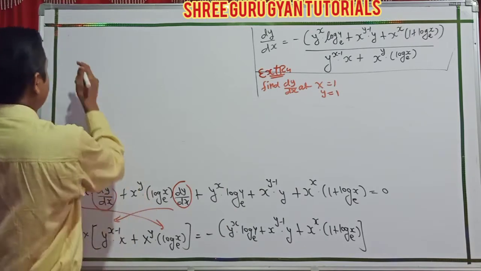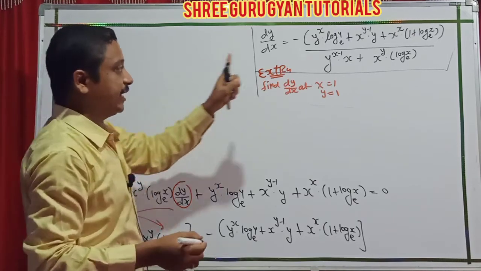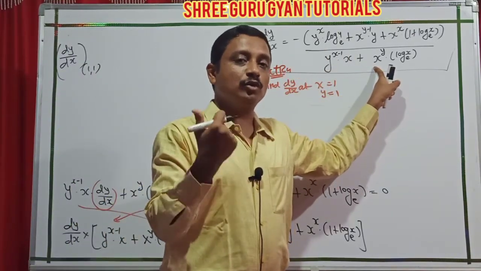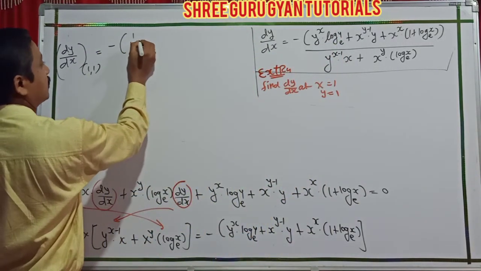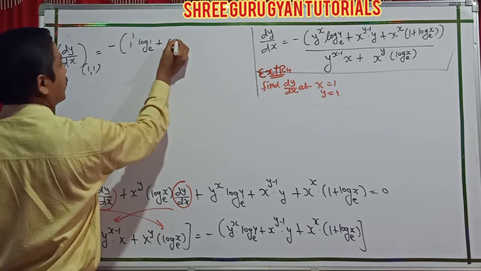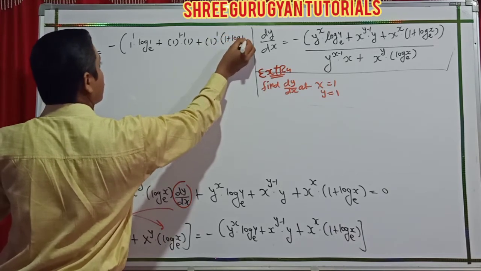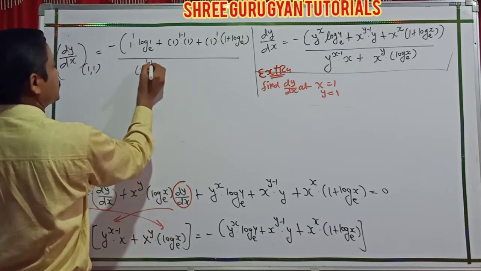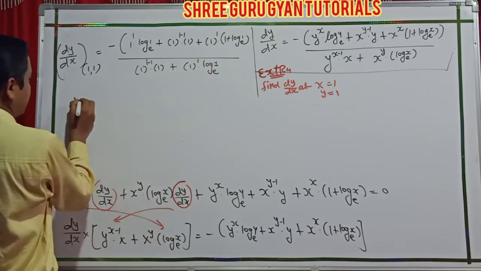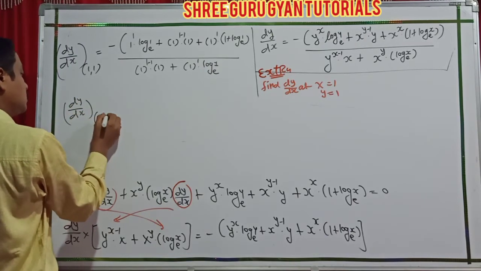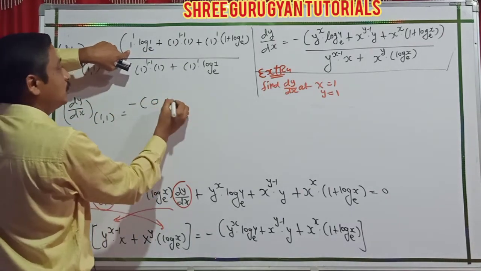So my dy by dx, students, your textbook numerical is done here. Up to that, I just move ahead to the extra. Apply x1 y1 that. So here minus 1 raised to 1 log 1 base e, 1 raised to 1 minus 1 into 1, again 1 raised to 1 into 1 plus log 1 upon 1 raised to 1 minus 1 into 1, same as 1 raised to 1 into log 1. I think you easily understood, easy values. So here how much is log 1? Log 1 is 0. 1 raised to anything?